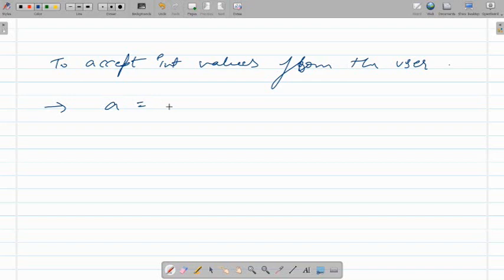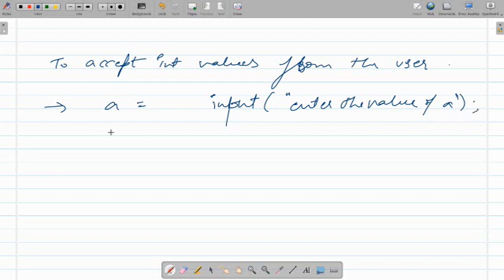A is input, enter the value of A, then this will return a string value.